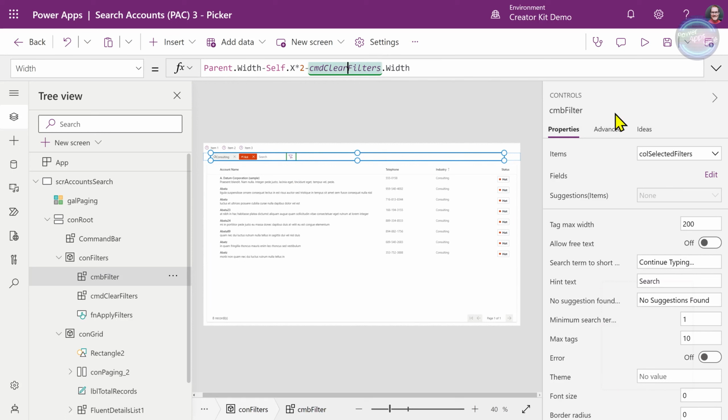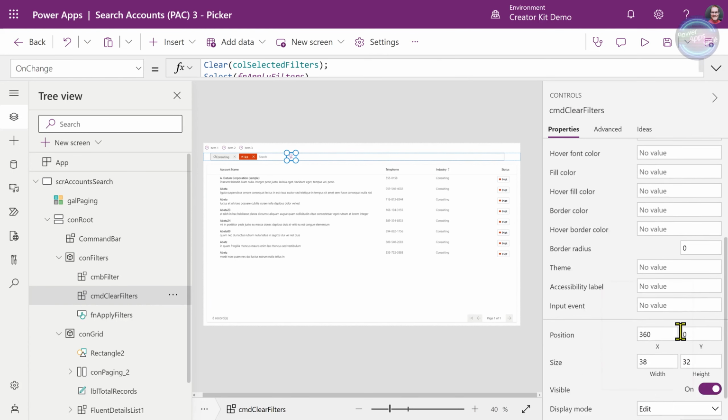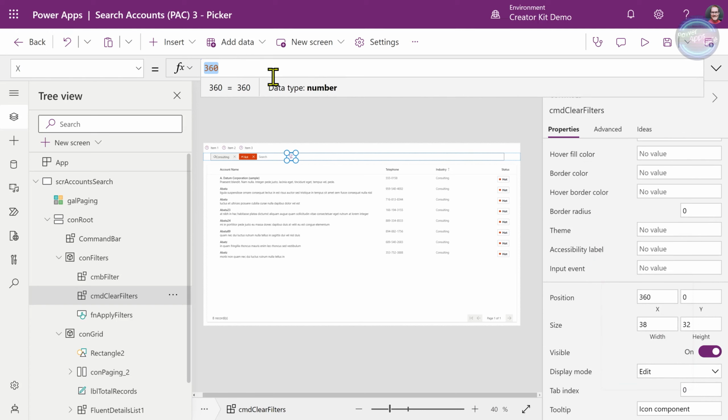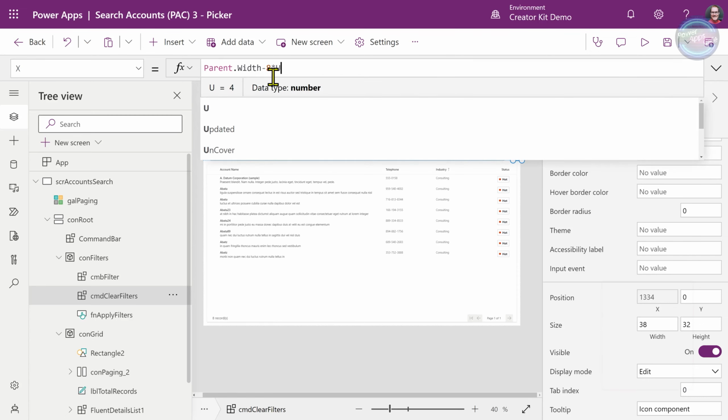And what I'm going to do is select that clear filters, and move it so that the X position of that is parent.width, and we're going to position that at -8 times U, like that.